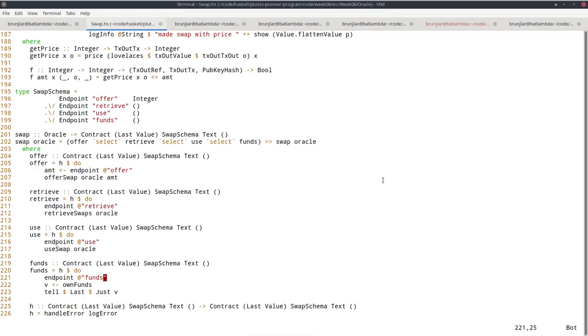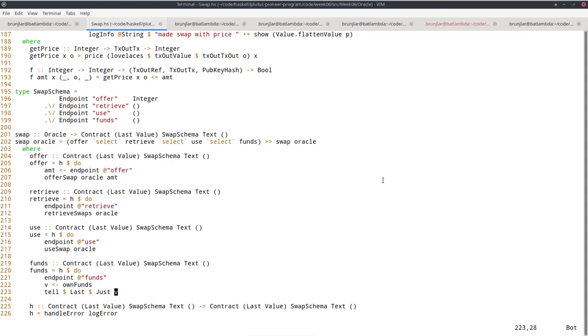Then I call the own funds function from the funds module, which gives me the V, the value that I own, and then I tell that. So I lock that value away. So when somebody calls the funds endpoint, I lock that to the state, and then it will be possible from the outside to look at that state. So that's a way to report back to the outside how much money I own.